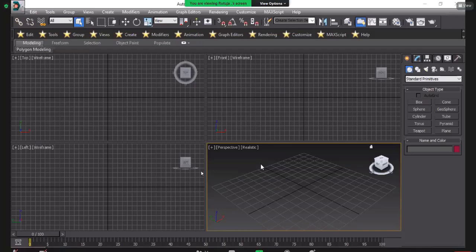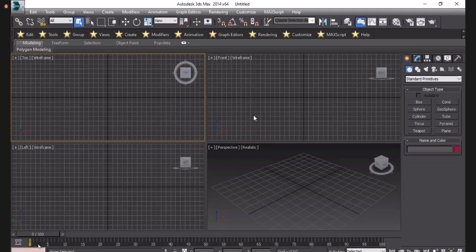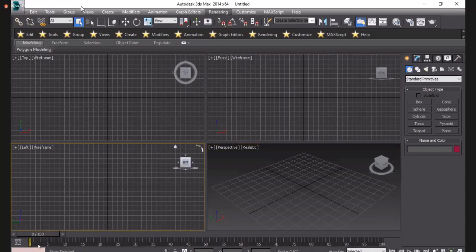This helps you for better understanding purpose. So it is the interface of our 3ds Max. Double tap on 3ds Max and it will open here. You can see here the 3ds Max screen, which has 4 viewports. If you look at your screen, there are 4 viewports, and at the top is the version